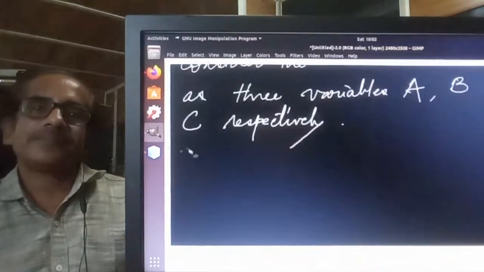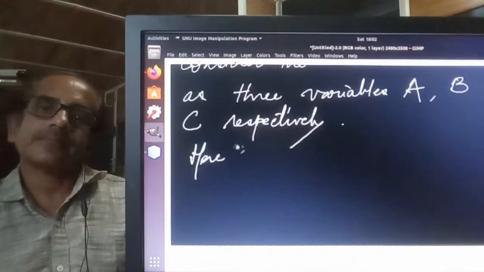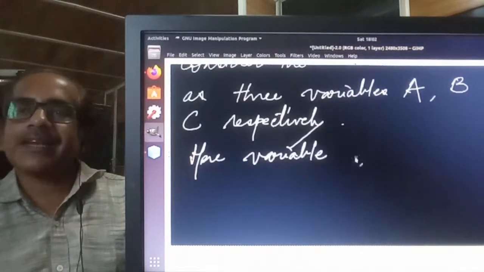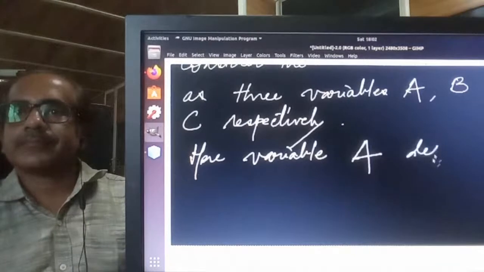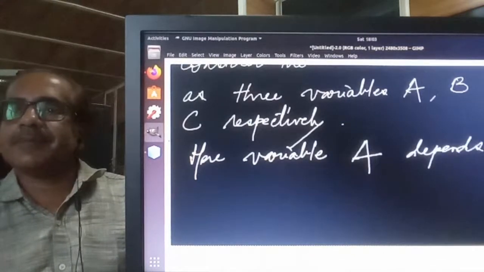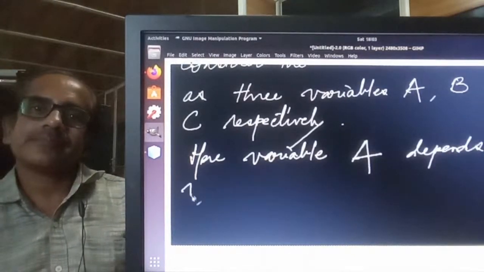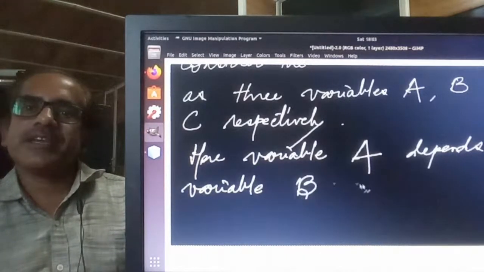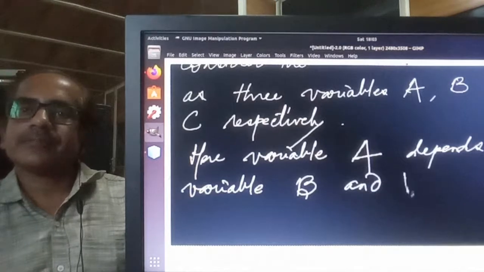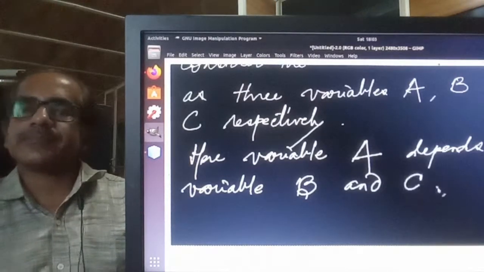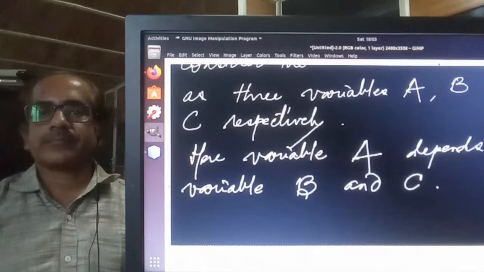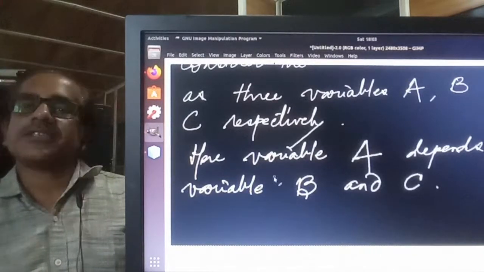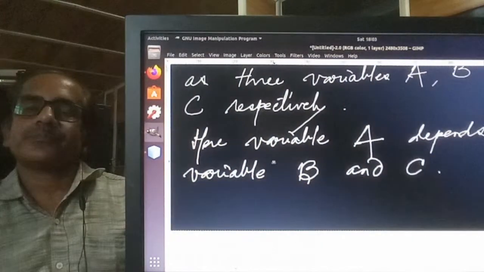Here, variable A depends on variable B and C. अब इसके अलग अलग सिचुएशंस फाइंड करो।